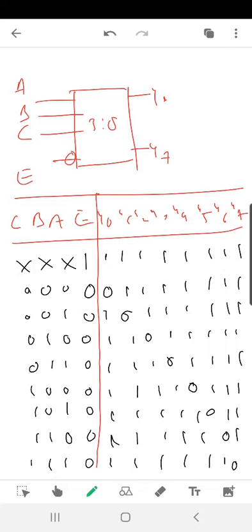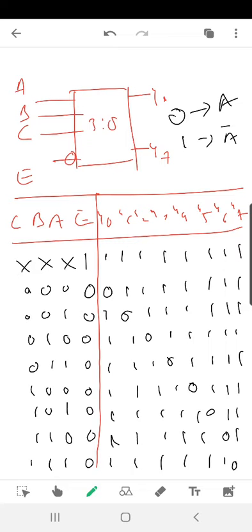To design the expression, first of all we know that we need to write the expression in POS form, product of sum form. In product of sum form, 0 is written as, for example, if the value of a is 0 we will write it as a, and if the value of a is 1 we will write it as a bar. It means 0 is represented in uncomplemented form and 1 is represented in complemented form. And product of sum means that we will actually sum the terms. For example, if we have 000, we will write it as a plus b plus c.